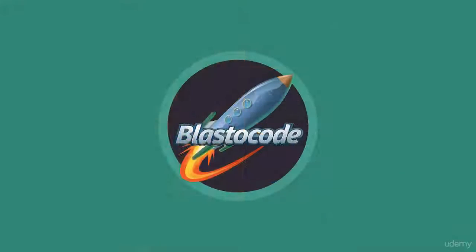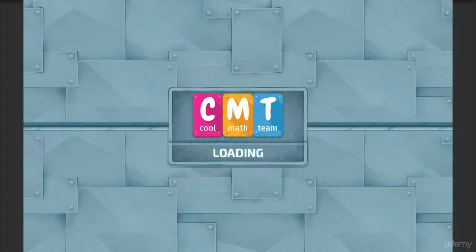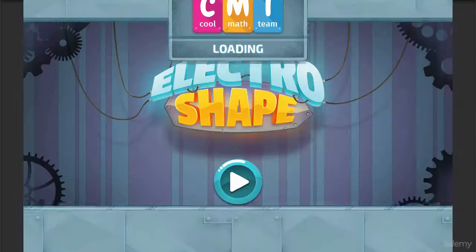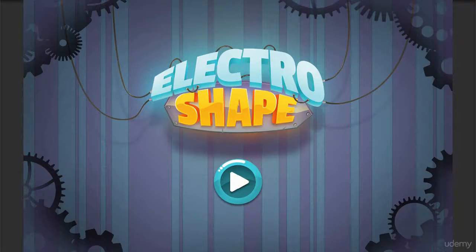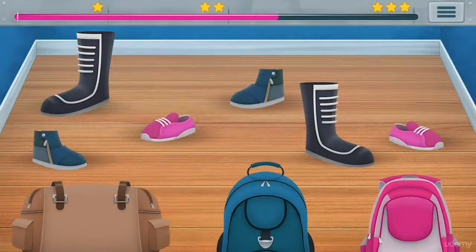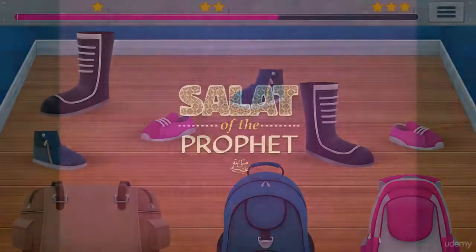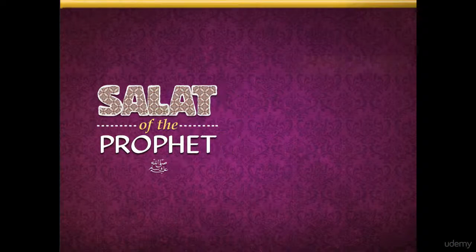I've been teaching computer graphics since the year 2000 and also founded several creative-based companies. One of the companies is Blast to Code Game Studio, which I started in 2015. After several months of running the company, we realized that the biggest time-consuming process in game development is not coding, but making the game artworks.